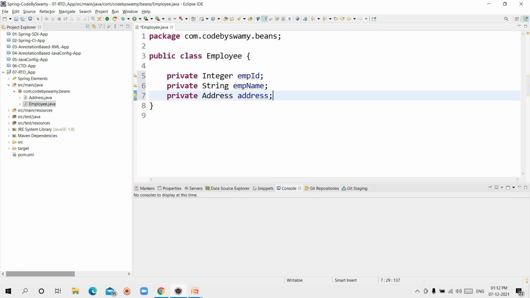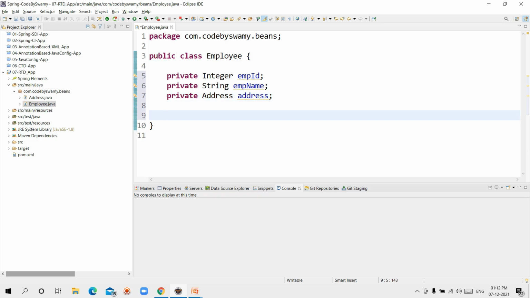Observe carefully here. I am using the Address class inside the Employee class. Employee has an address, so I am using the Address class in the Employee class.